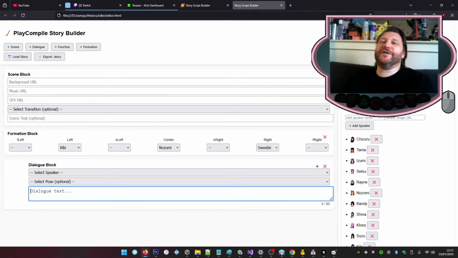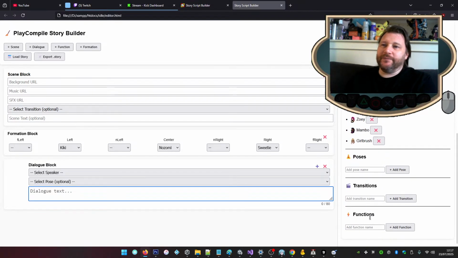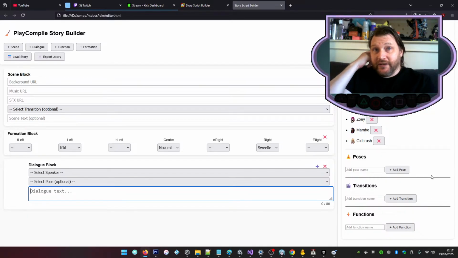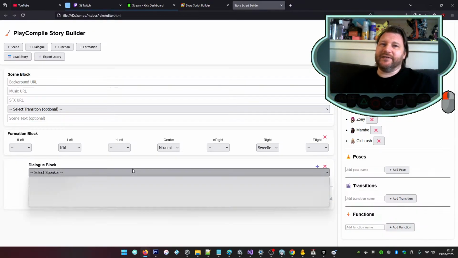But for such weird edge cases, this is where functions would come into play, right? This is why I've done custom functions and things. I could just create a talk off screen function and hard code that bit in to get around it, right? There's always ways around things. But I think a robust system like this is amazing because